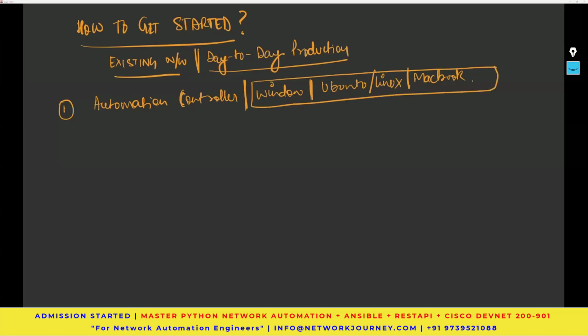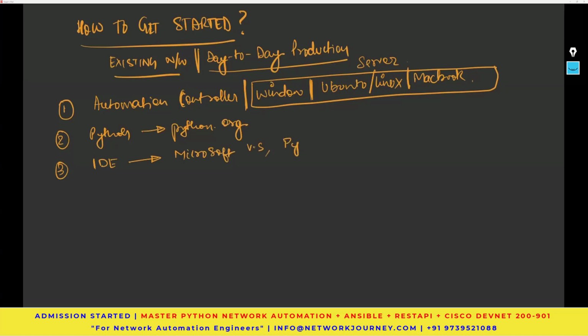Now, what are you going to install on this operating system? You need your programming language, Python, that you can download from python.org. It's free of cost, no charges. You need an IDE, integrated development environment. There are multiple softwares. You can go with Microsoft Visual Studio, VS. You can go with the JetBrains PyCharm application. You can go with tools like Atom, Eclipse,